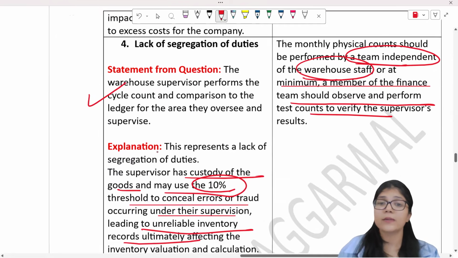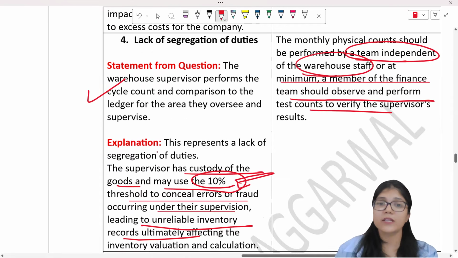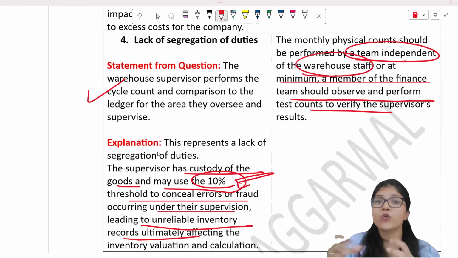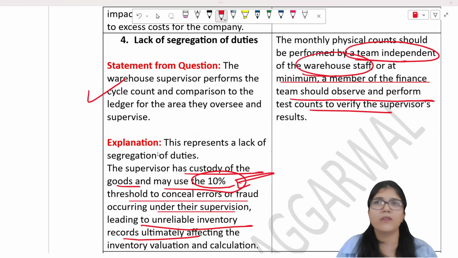The fifth point here is about the 10% threshold that we discussed just now. That 10% is also an issue, because not all discrepancies are investigated. What if it is 5 plus 5 plus 5, so 5% discrepancies adding up to 15? It is of course over 10% in total. So there can be differences of up to 10% that are problematic in aggregate, due to which my inventory valuation would be wrong and the existence of the inventory would be wrong, right?